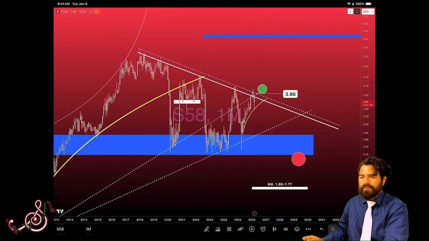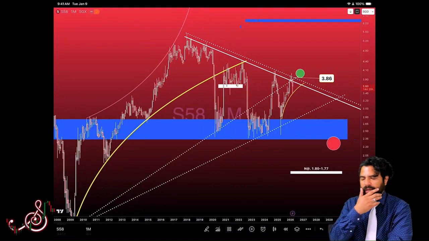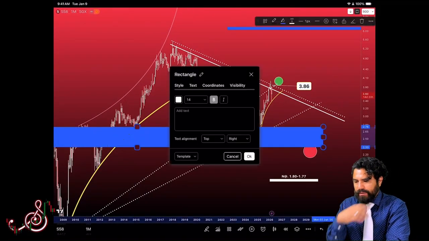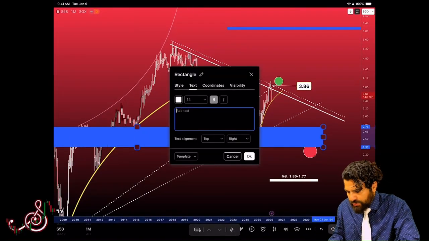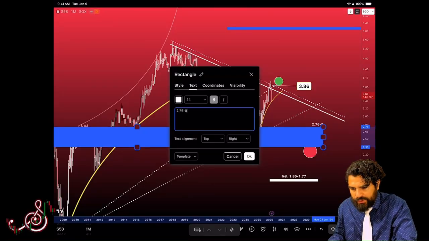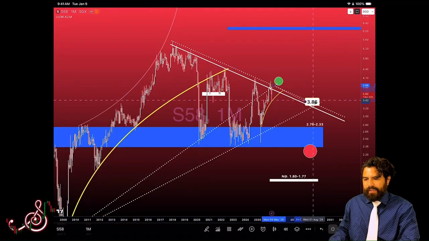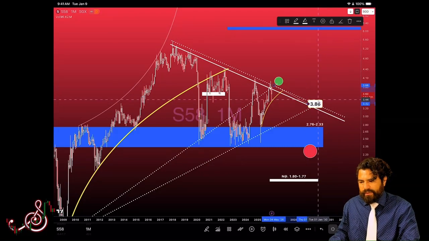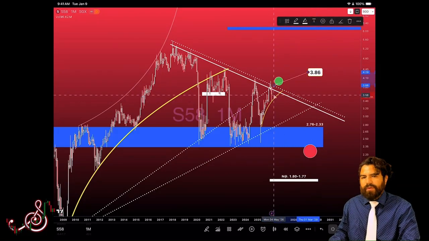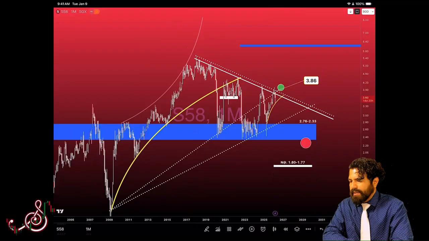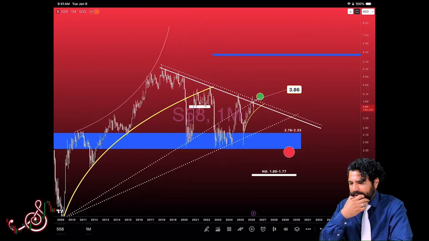Okay, so what I'm actually looking at, oh, I'll draw this first. 276, 233. Current price is really low. I'm sorry, really at 360 right now. 360 is the current price. Somewhere right here. And what I want to do